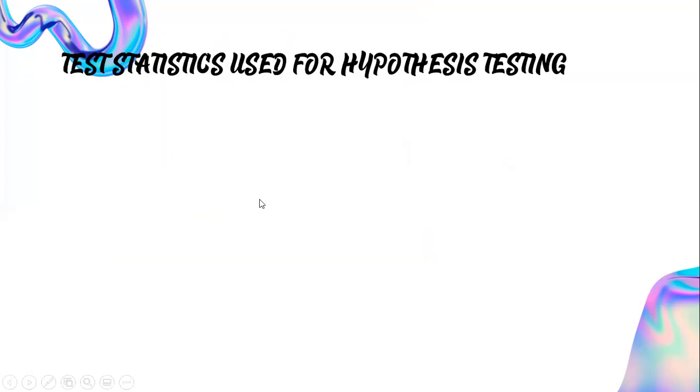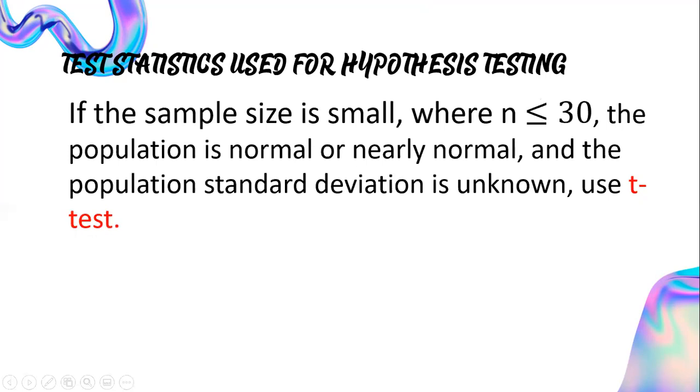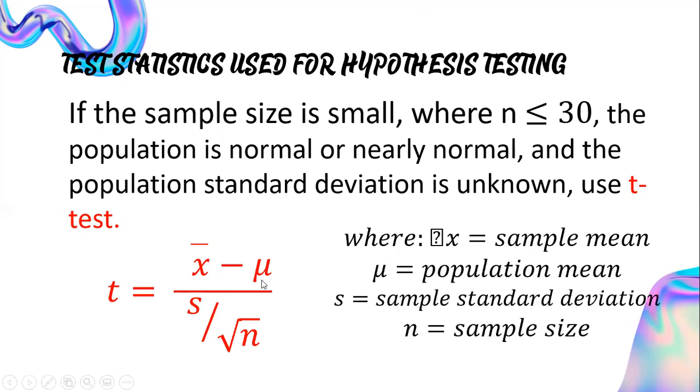But if your sample size is quite small, where n is less than or equal to 30, and the population is normal or nearly normal, and the population standard deviation is unknown, then you need to use the t-test with a formula of this one. So only the symbols are